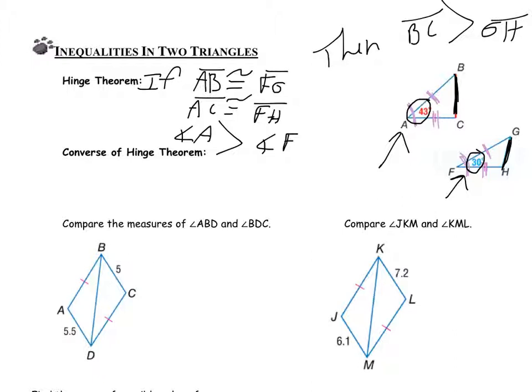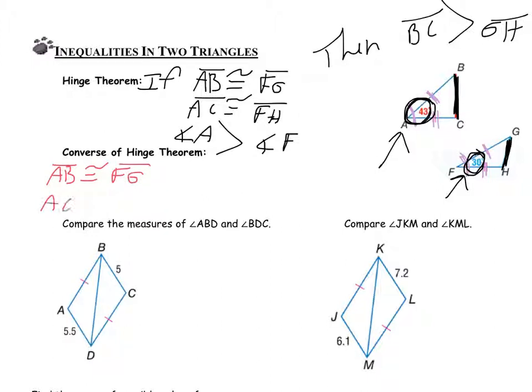Okay. Don't let all that confuse you. It's just saying angle A is the larger of the two angles, so the segment opposite A is going to be greater than the segment opposite F. Now the converse of that says, same scenario, if AB is congruent to FG